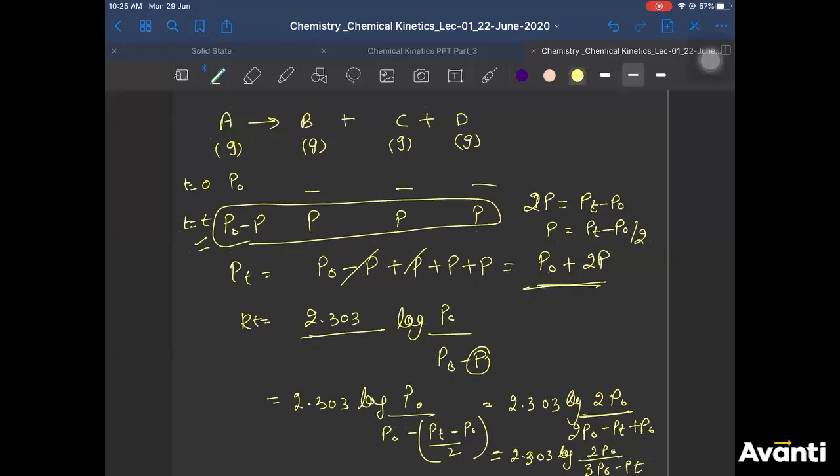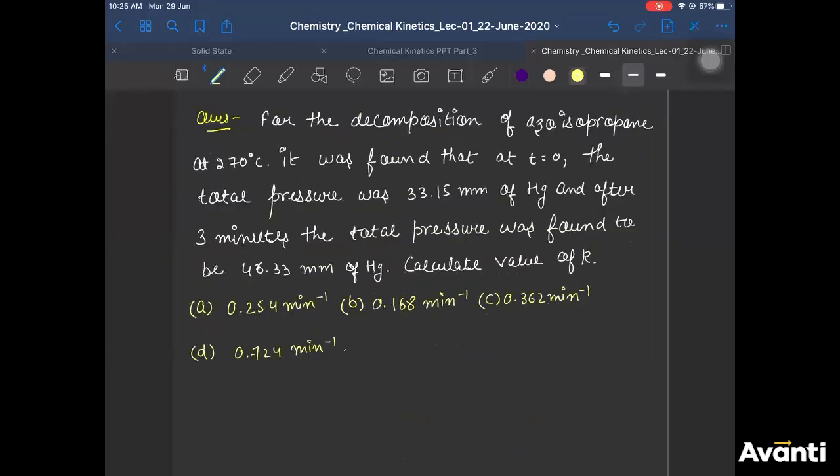All right. So this you can take as homework. The difference between this question and the question we have been discussing is that instead of P naught and PT, values are given. You can take a screenshot of this and practice it today. With the same process, you'll derive the relation between P naught and PT. You have to write the reaction yourself. You'll derive the relation, then put the values of P naught and PT, and you'll get your answer. Correct? Right. I hope this is clear, guys.